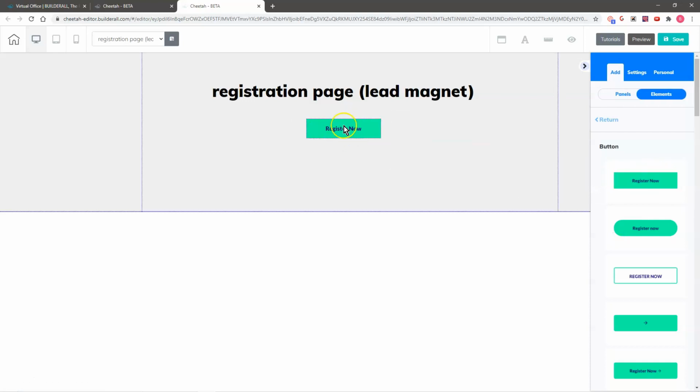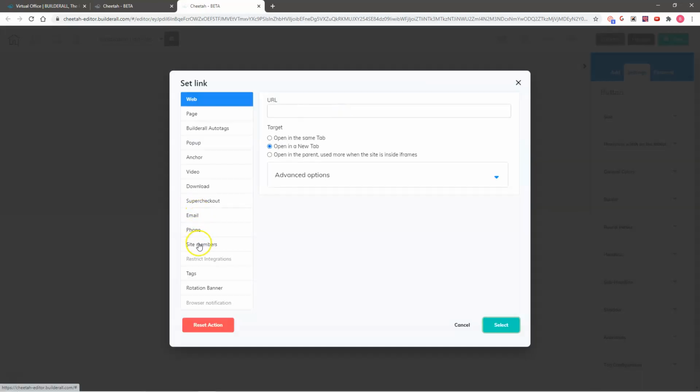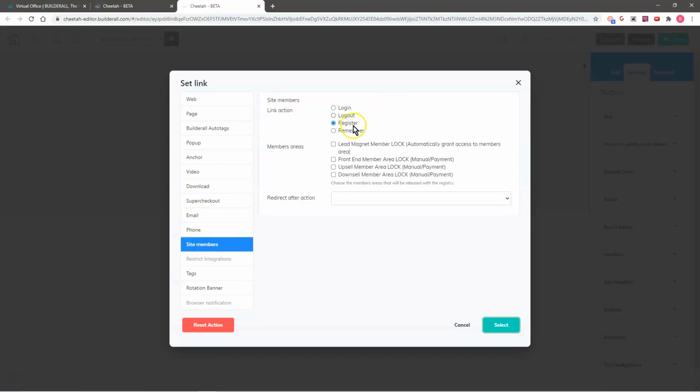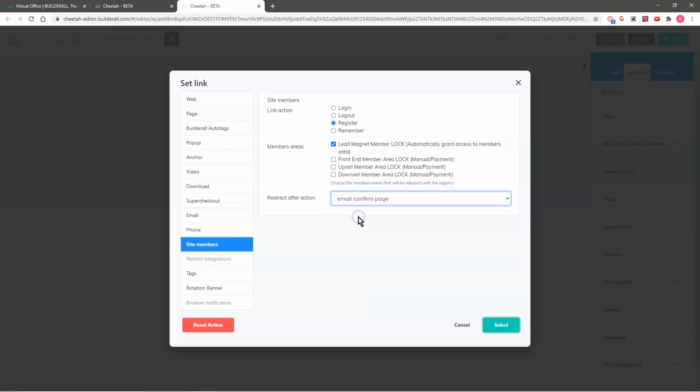So now we need to add a form that they can register on with their email and name. So let's click in the button and go to Actions here. And we can go down to Site Members. We want them to register here, so we're going to leave this on Register. We also want to give them access to the Lead Magnet membership page, so we're going to click here for that. And we also want to redirect them to the email confirmation page